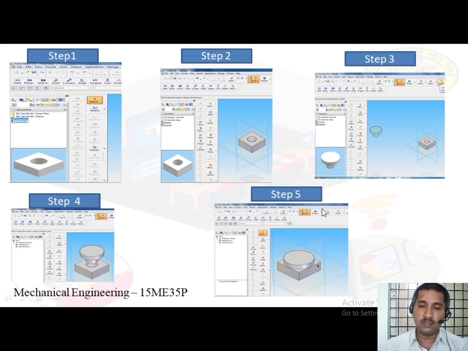Next step, step 5. Here select the mate relationship. This is the top surface and this is the bottom surface of the head.